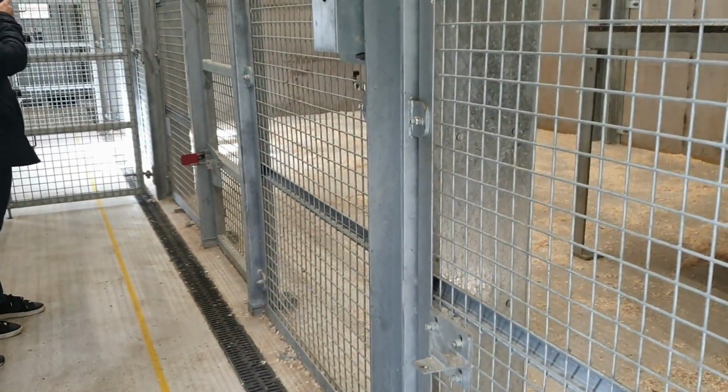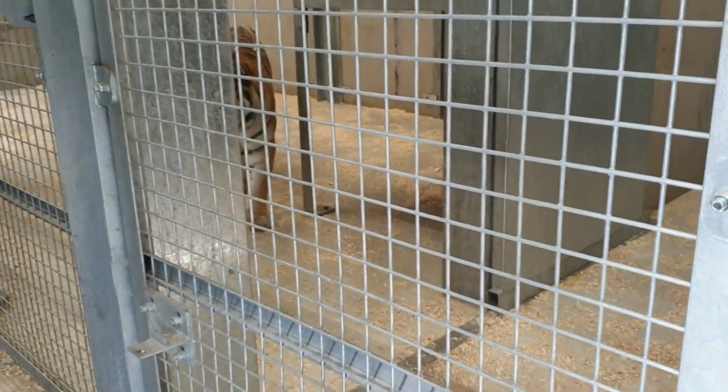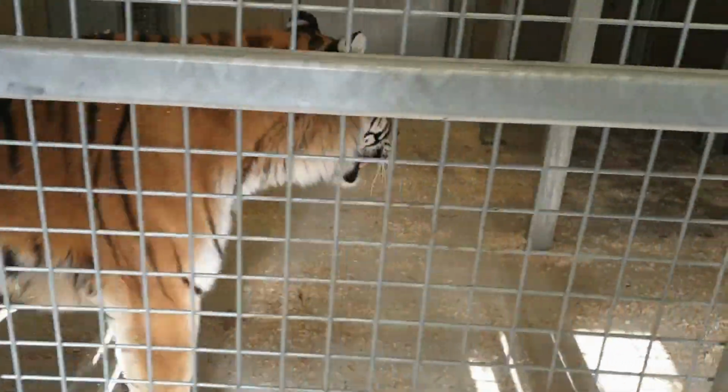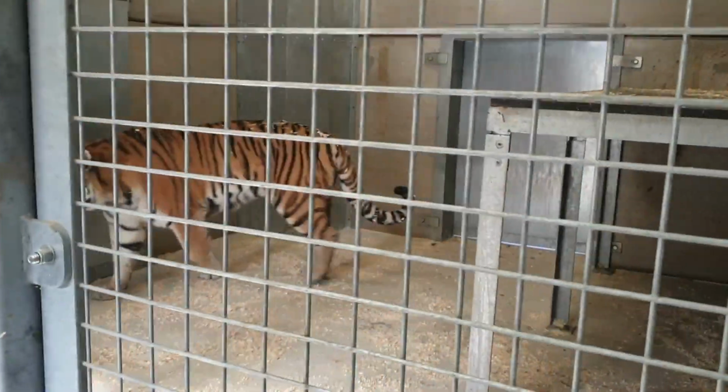It's like Alcatraz, isn't it? It is, yeah. But yeah, their teeth for these tigers is the biggest issue normally. They break down quite early on in their life, so by the time they get to this age, their teeth are starting to rot away. Obviously, they're carnivores, they need them canines to catch their prey, so if they can't catch them...